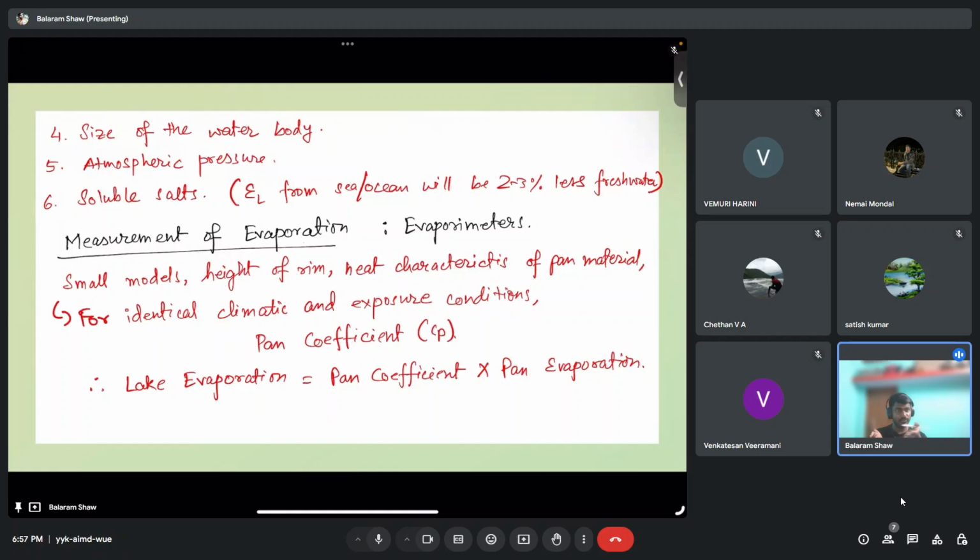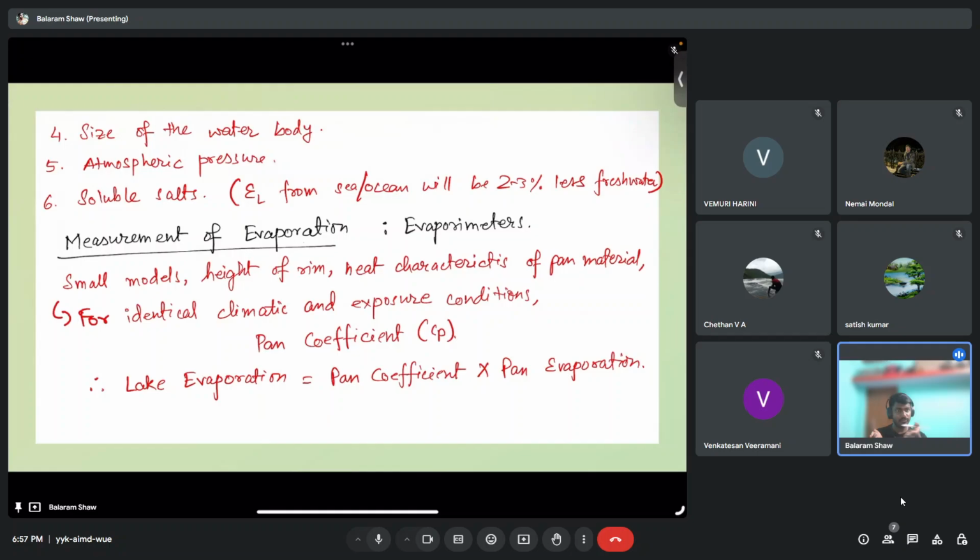If runoff is there, obviously water will flow as runoff and there will be less evaporation. That is correct. In that case it is okay, but it depends on the temperature. So what I'm saying is, same other conditions, same area, same everything, what will happen? In that case, concrete surface will be the answer for this question.